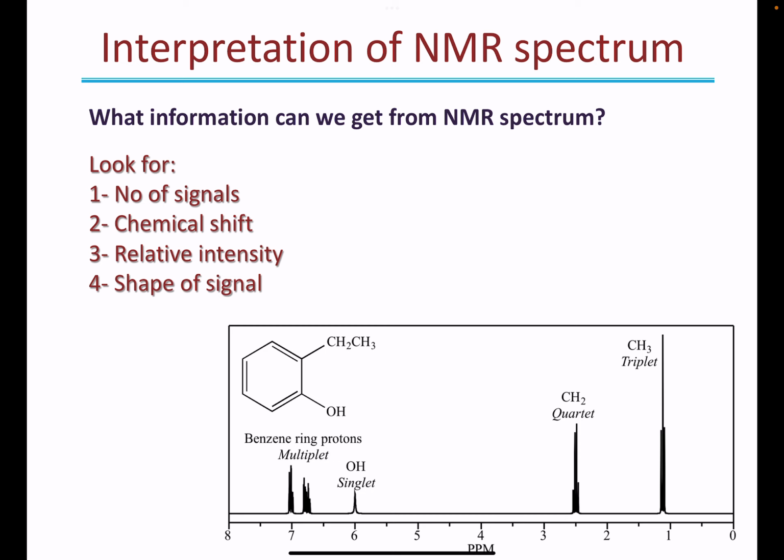So, interpretation of the NMR spectrum. What information can we get from the NMR spectrum? There are four things that we look for in an NMR spectrum. The first thing is the number of signals, then the chemical shift and the relative intensity, and finally the shape of